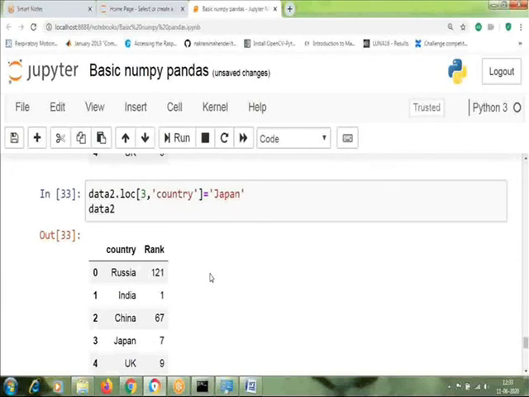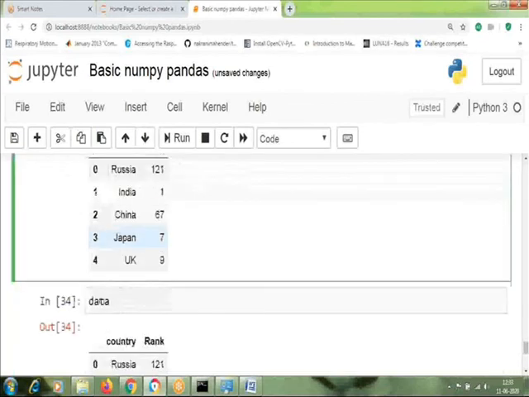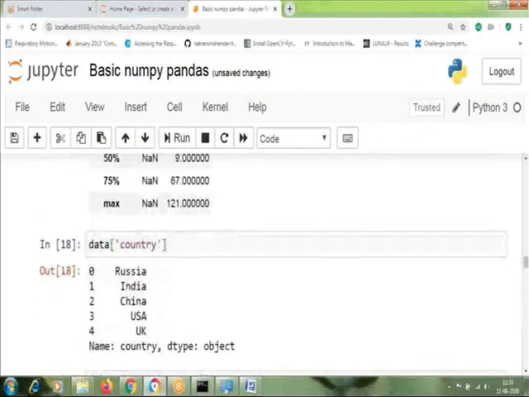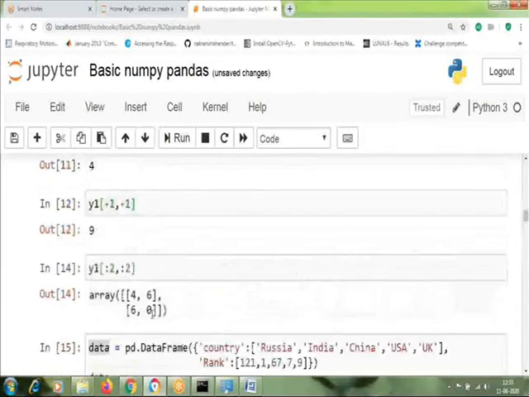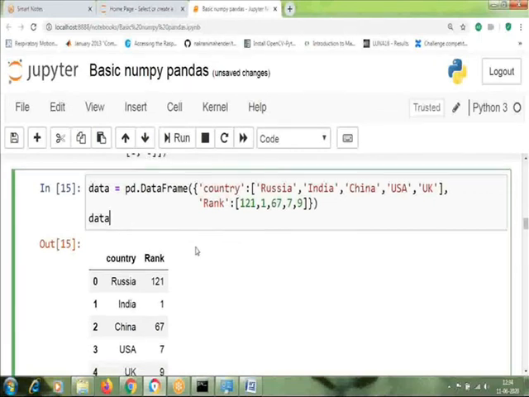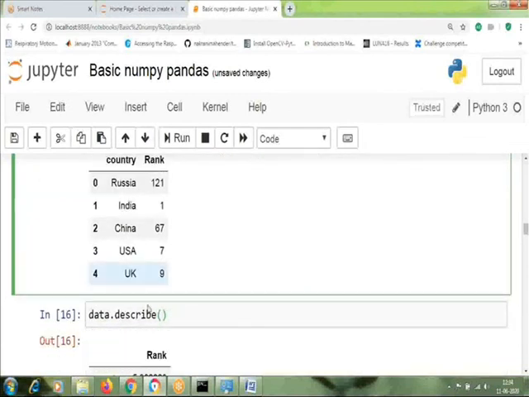Now you can see why Jupyter Notebook is important. We have executed each cell at a single time. So once I have created a data frame, I need not worry about creating it again. That means in machine learning, once you have imported the data into your Python using this Jupyter notebook, then you can simply use it in another cell, and you can do different modifications to it.